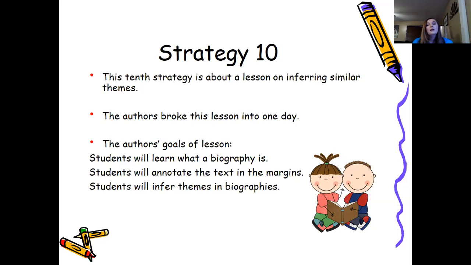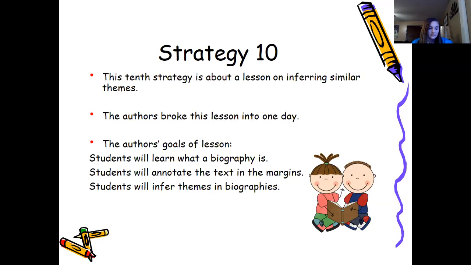Again, this is set up as it includes the text matters, it includes the resources and materials, the why and the what. The assessment for this lesson is that students will infer and recognize similar themes across text. So they're going to be able to compare and contrast text, which is important because that's what the last lesson was about. And they're going to be able to recognize